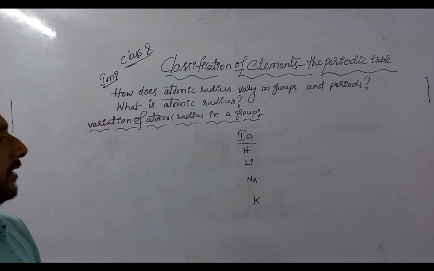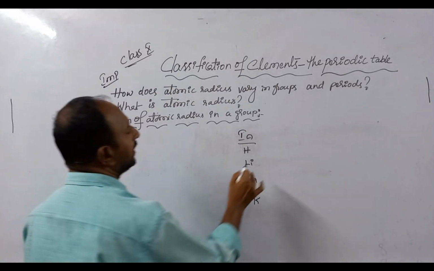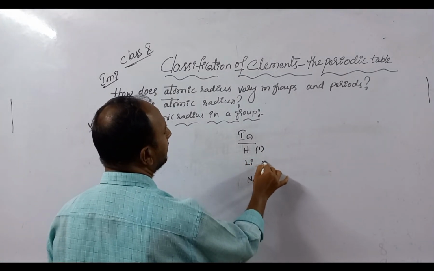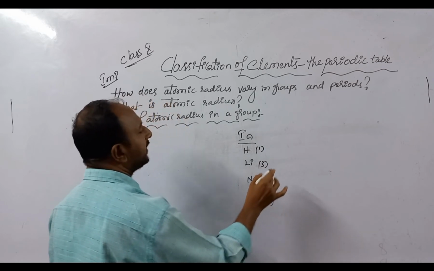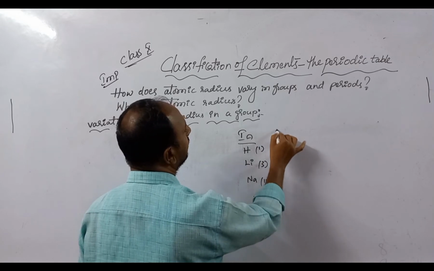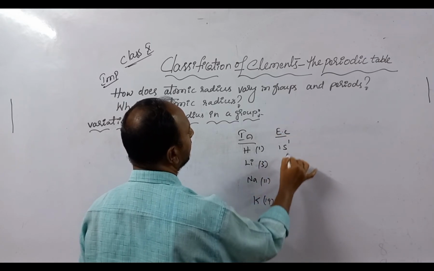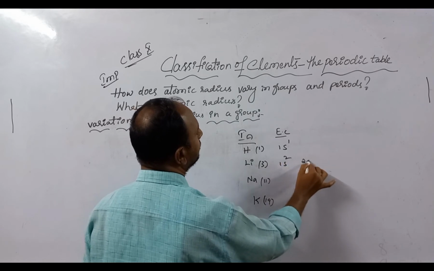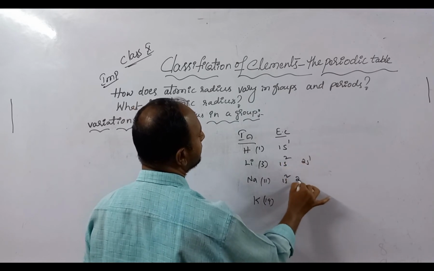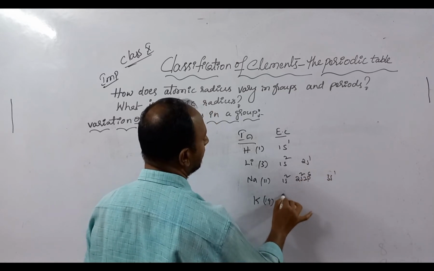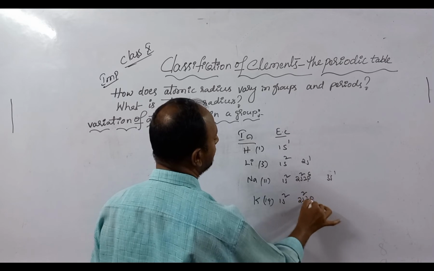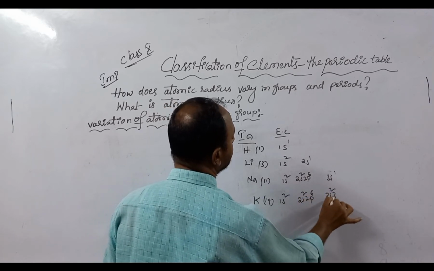Third element is sodium, and fourth element is potassium. Their atomic numbers, you know, are 1, 3, 11 and 19. Now we are writing their electronic configurations, students: 1s1; 1s2, 2s1; 1s2, 2s2, 2p6, 3s1; 1s2, 2s2, 2p6, 3s2,